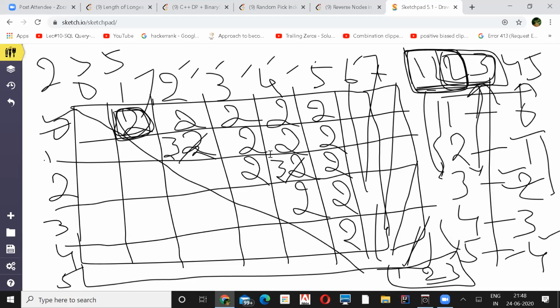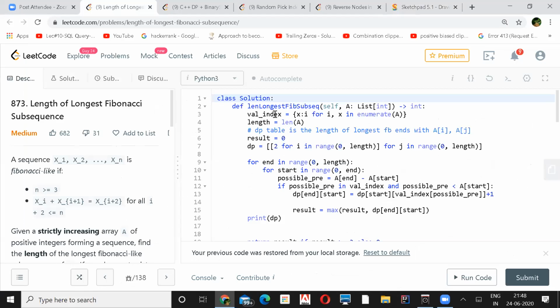That's the same thing. This is the hash map that I've created. Along with the value, you'll have the index, and this is the DP. I'm filling entire DP with 2, 2, 2, because those will be the invalid ones below diagonal. Only above the diagonal will be considered, because below diagonal will be in a reverse way, 1 to 6, which you can't go from 6 to 1. You can go only in forward direction.